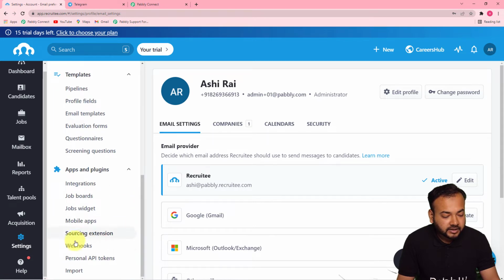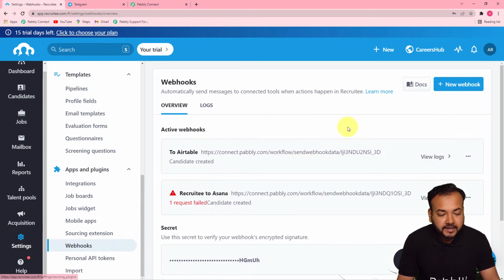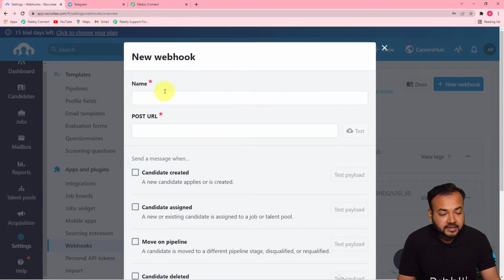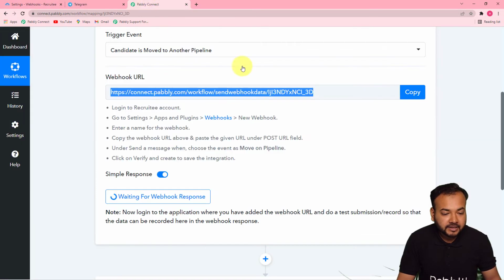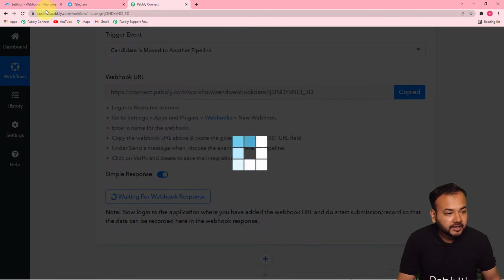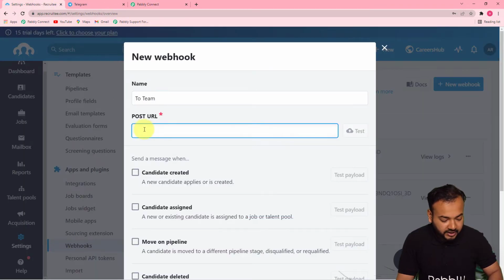You can see here, click on webhooks, and here you can add a new webhook by clicking here on this new webhook button like this. And here you have to give a name to your webhook setup. So I'm giving the name as team, let's say. And here in this post URL, you have to paste the webhook URL that you have copied from Pabbly Connect. So this URL you have to copy and paste it here in this post URL field,